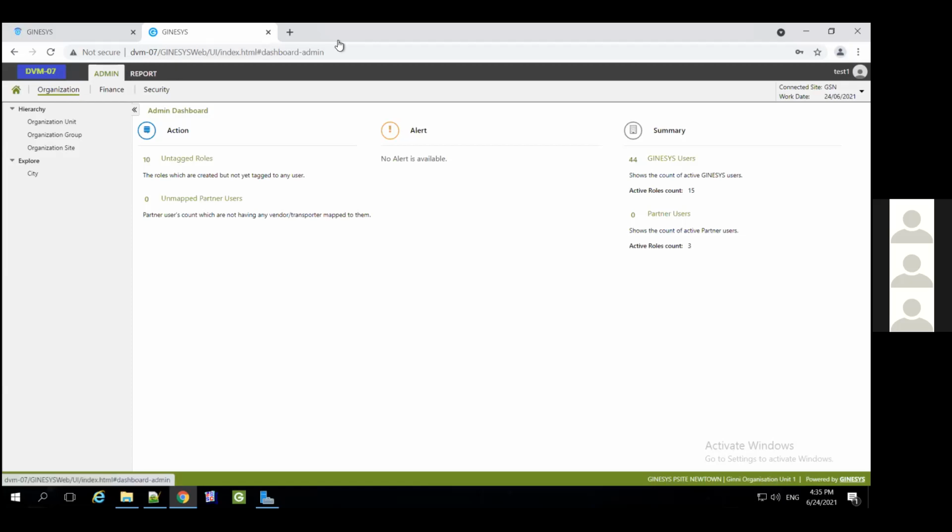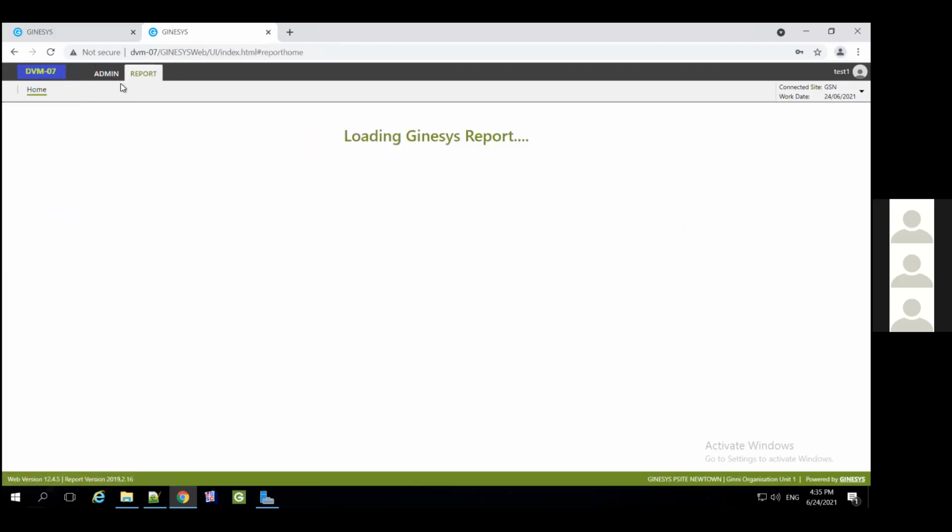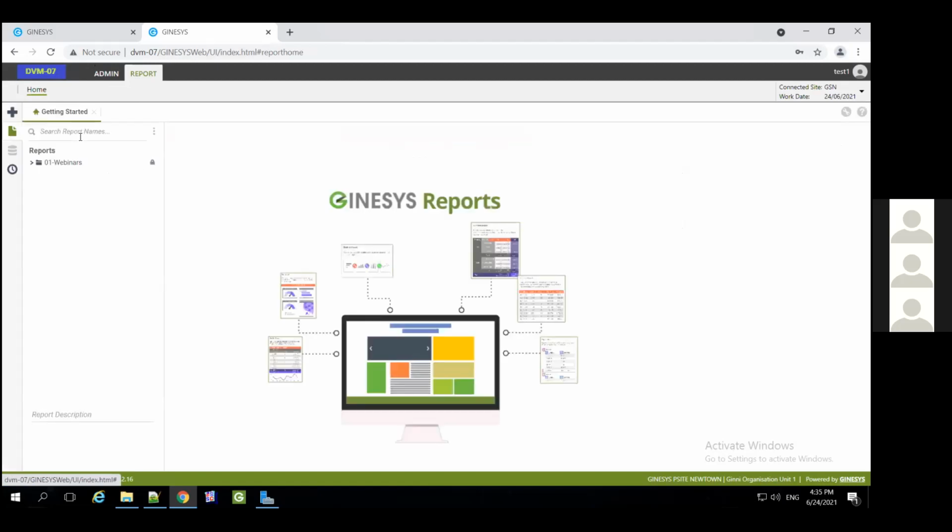So see, the menus are all gone away. Just the admin and the report. And in the report section, we have just the home. So this is how you can control the menu options, and through menu options, you restrict the user from getting the repository and the server access, which is basically most of the administration that has to be done. And through your report server, you can manage the role through which you can create folder specific access for each of the users, right?